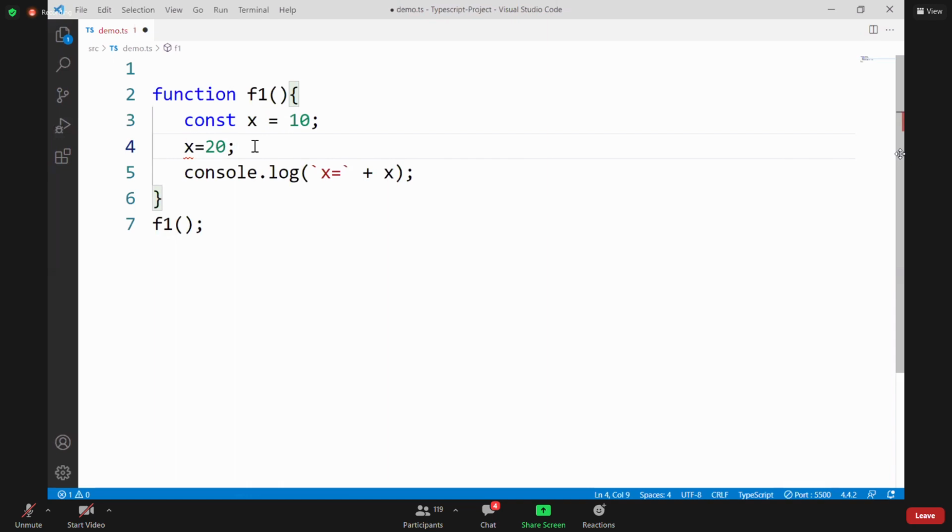By seeing this, many people think that const is read only. That means they generally say that const means you cannot change. No, that's wrong. Const is not about how to change.